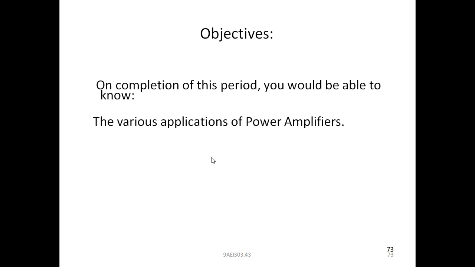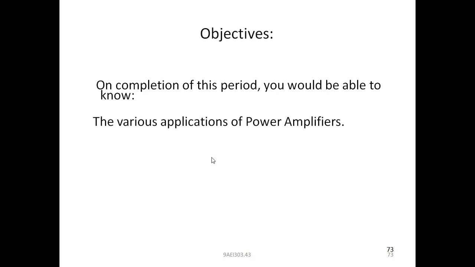Next one. Till now, we discussed different types of power amplifier. As per our syllabus, the power amplifiers are based on the period of conduction. We discussed the definitions for four types. That is Class A power amplifier, Class B power amplifier, Class AB power amplifier, and Class C power amplifier. We have defined all the four types of power amplifiers.